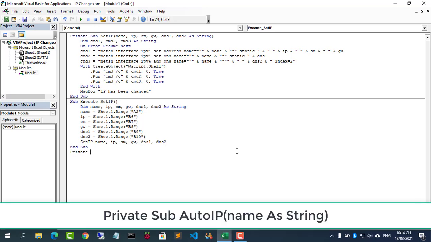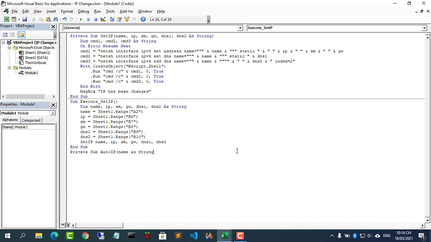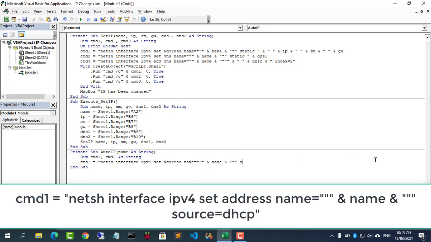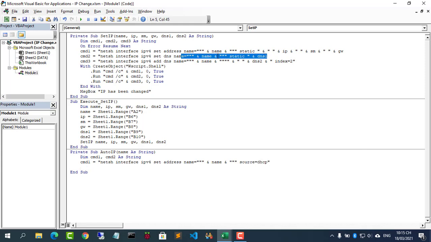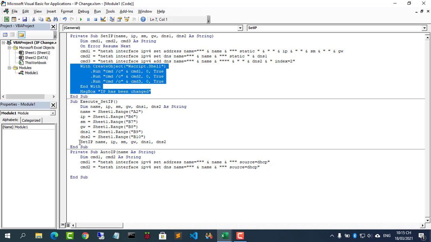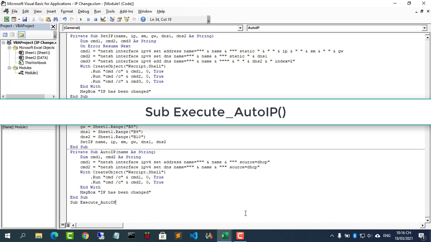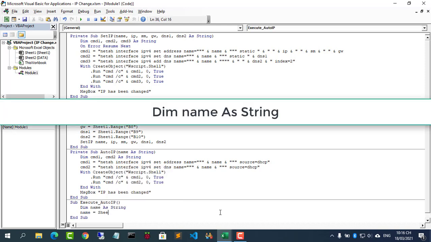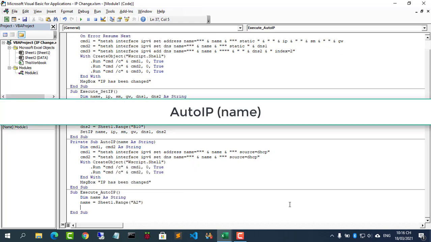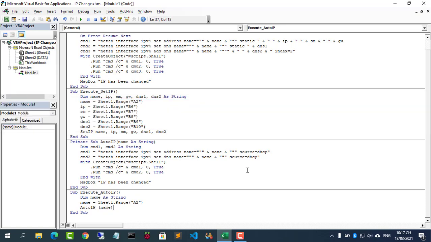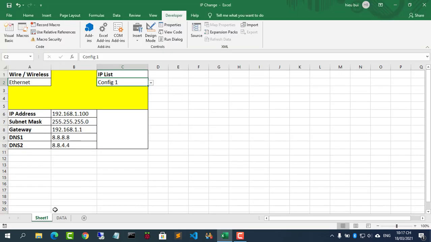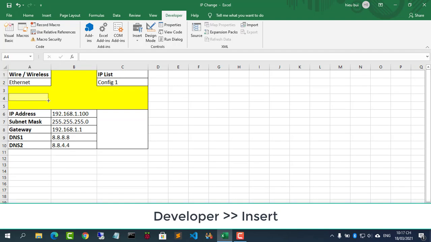Next, add the code for setting the dynamic IP address. The code is finished.